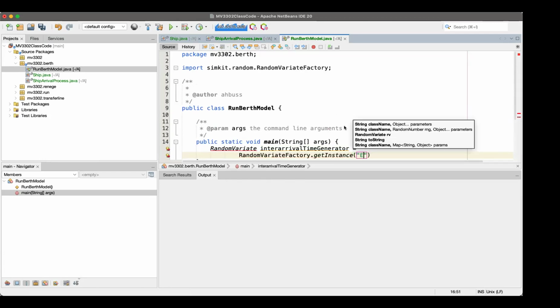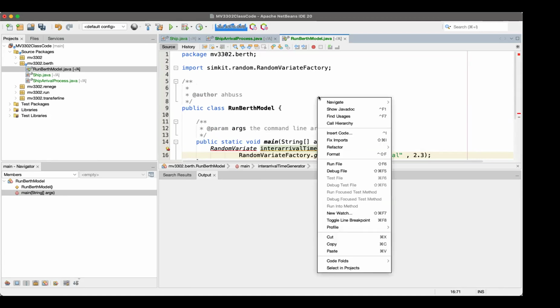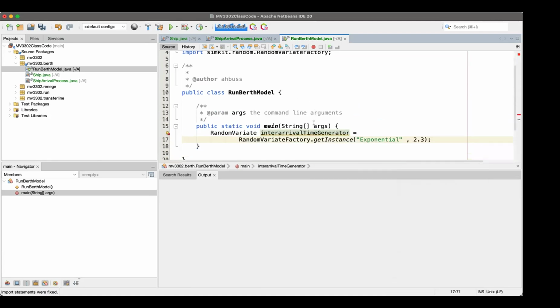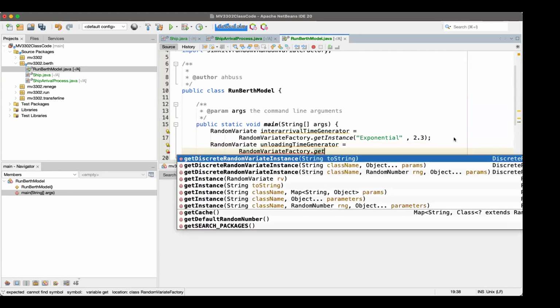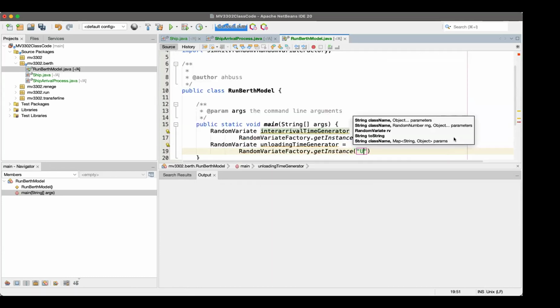And you may be wondering why we're using the random variate factory instead of just using the constructor. And that will be revealed. In the Python version, the random variate itself is also the factory this time, but let's make these uniform from